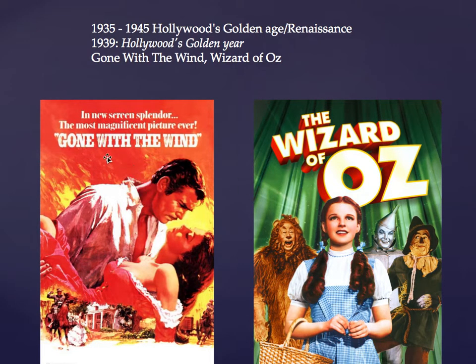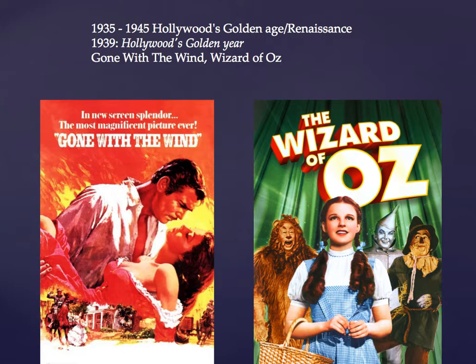These two movies came out in 1939. Surrounding 1939 is really the golden age, Renaissance, and that year. A lot of people settle on 1939 for some reason. I'm not exactly sure why, but people have settled on 1939 being this golden year. These two movies came out, and a bunch of others that you probably don't know, like Destry Rides Again and Ninotchka and Gunga Din. But a lot of great movies came out in '39, and it was a real peak for